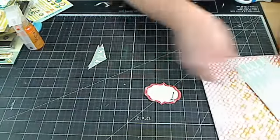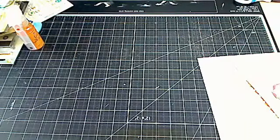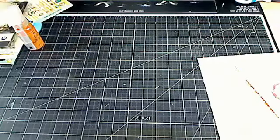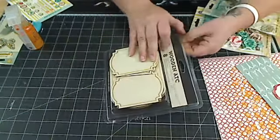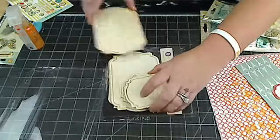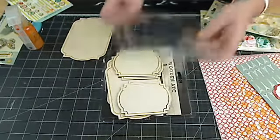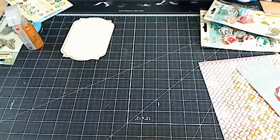Let's set our papers aside. And we're going to spray a couple pieces of the wood. じゃあ今カットしたペーパーを横に置いて、今度はウッドの方にスプレーします。In the wood ATC pack, there's small ATC cards and then there's large ATC cards. We're going to take one of the large cards. ウッドの ATC には大きいのと小さいのと入ってますけど、今から大きいのを取り出します。